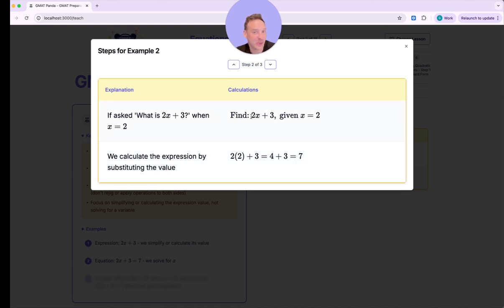In this case, we're looking for 2x plus 3. We're not trying to look for x, and in this case, they already give us x. And we're not trying to look for 2x. We're looking for the whole expression. So there's no benefit in changing both sides